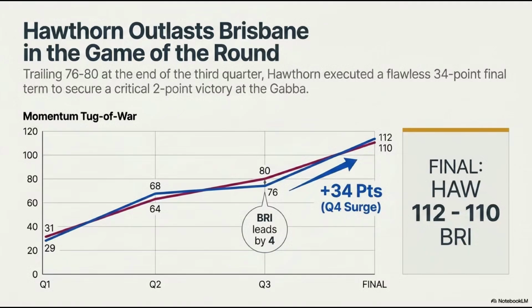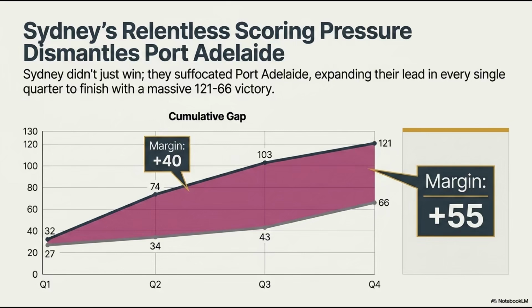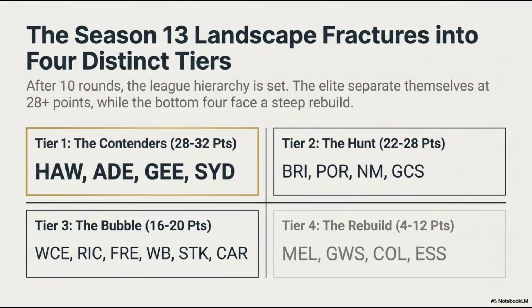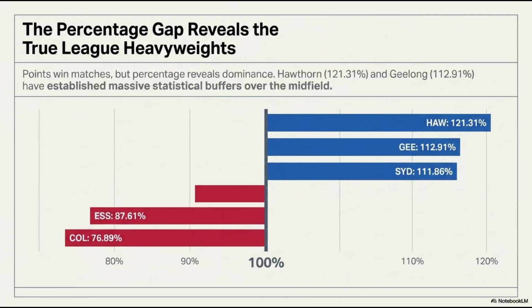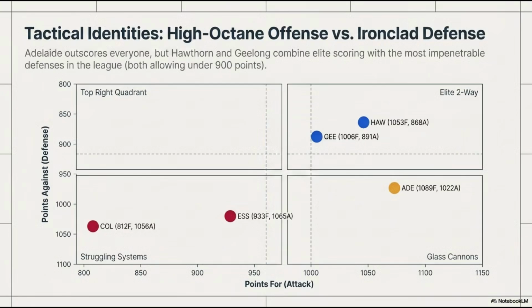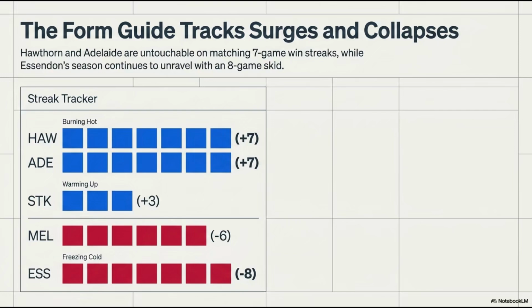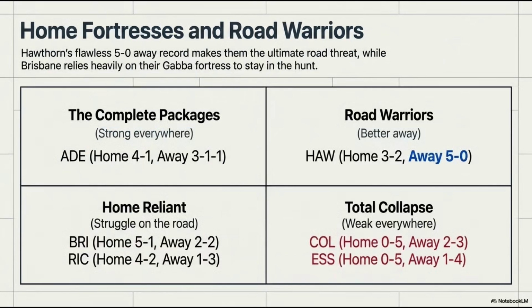This raises an important question for anyone attempting to decode the Season 13 meta. How does venue exclusivity alter the mathematical approach to a match? Right. Because I don't see these as stadiums anymore. Playing at the Gabba alone is like conducting a delicate chemistry experiment in a sterile laboratory. That's a great analogy. Thanks. You only have to calculate for your own isolated variables there. But playing at Marvel Stadium is like trying to conduct that exact same chemistry experiment in the middle of a busy intersection. Exactly, with cars crashing around you.